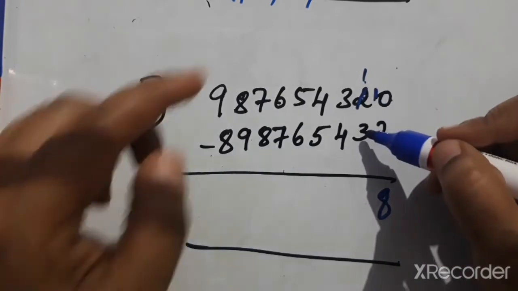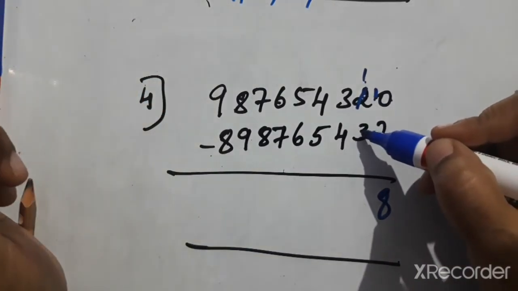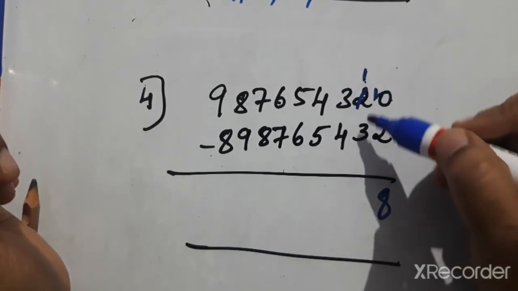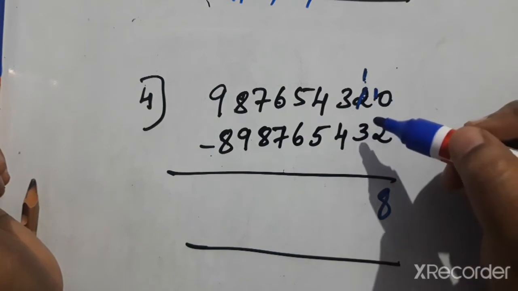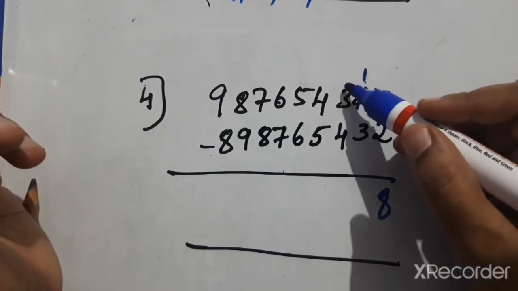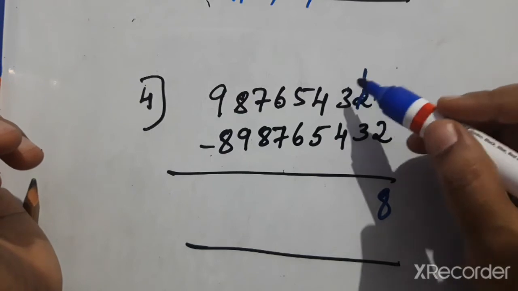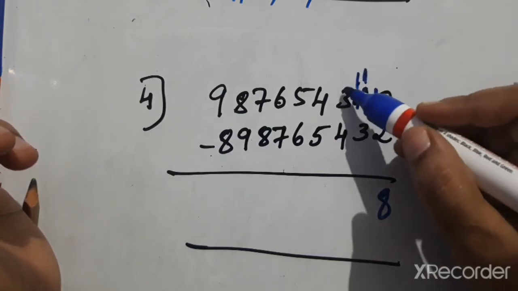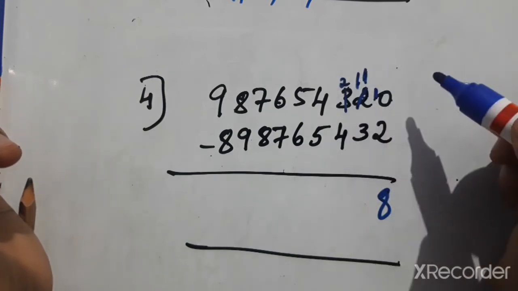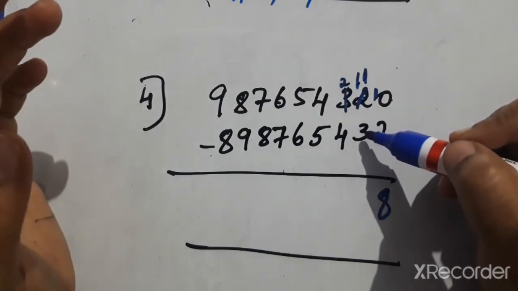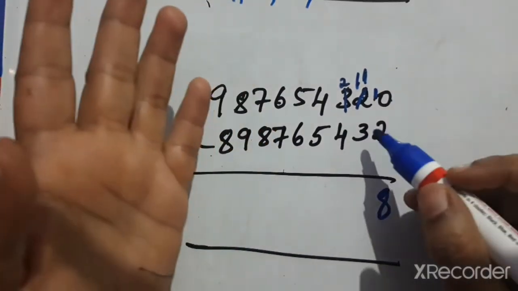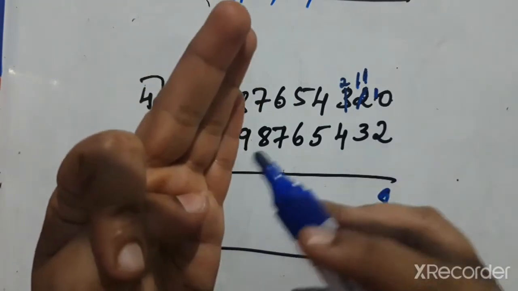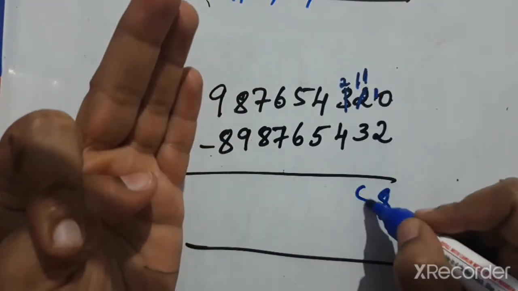Then 1 minus 3 we can't subtract because this is greater than this number. The first line number should be greater. So we have 1 rupee. We want to spend 3 rupees. We can't spend it. So borrow 1 from our next friend. So from 3, 1 means it becomes 11 and 3 is now 2. 11 minus 3 means 4, 5, 6, 7, 8, 9, 10, 11. So 8.